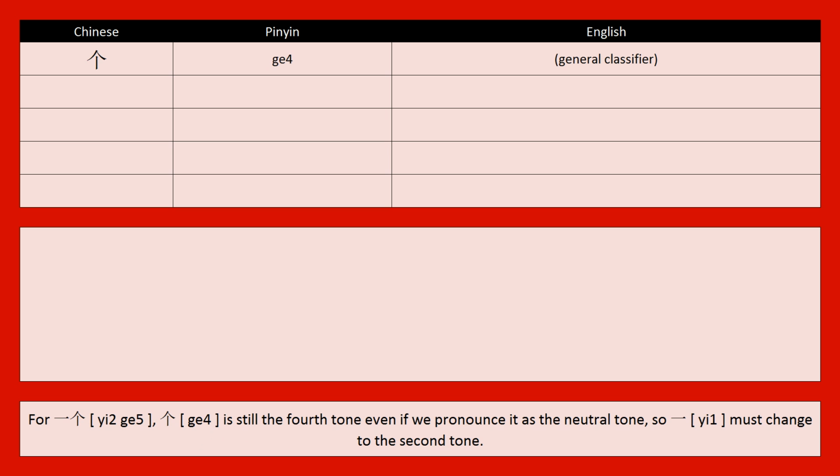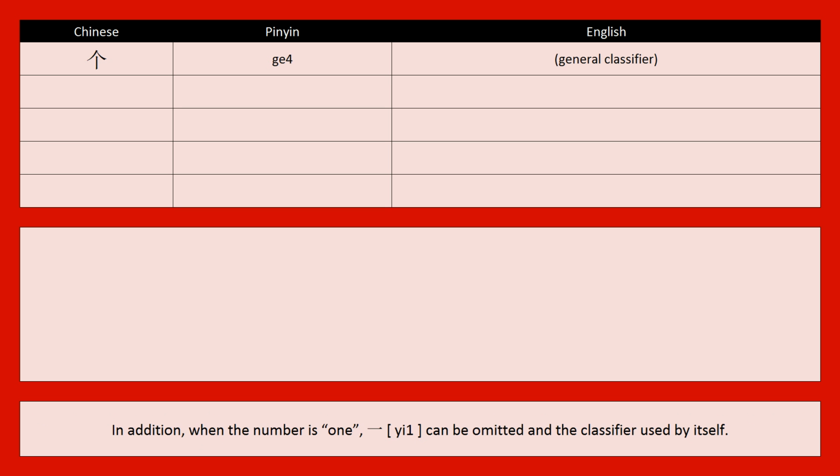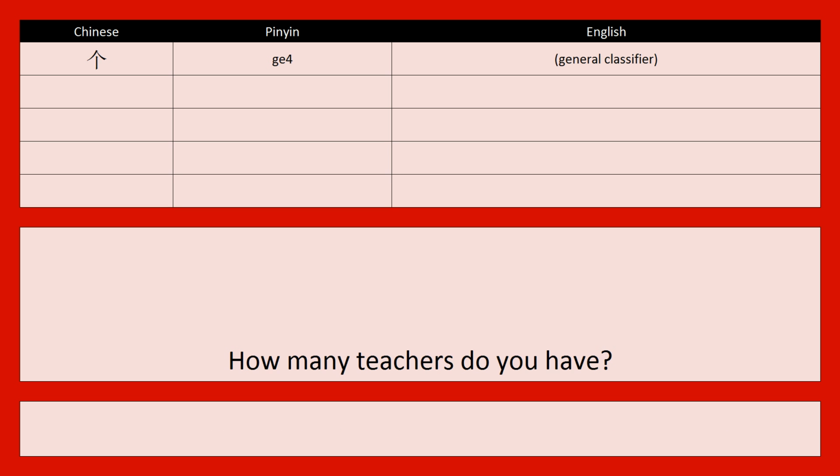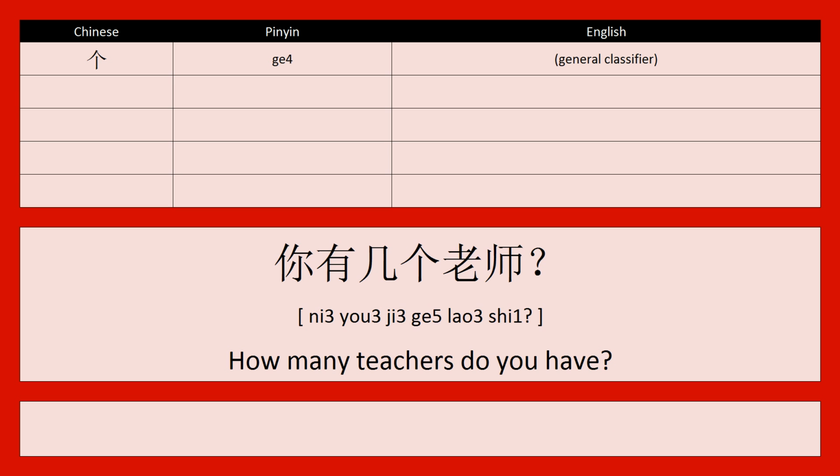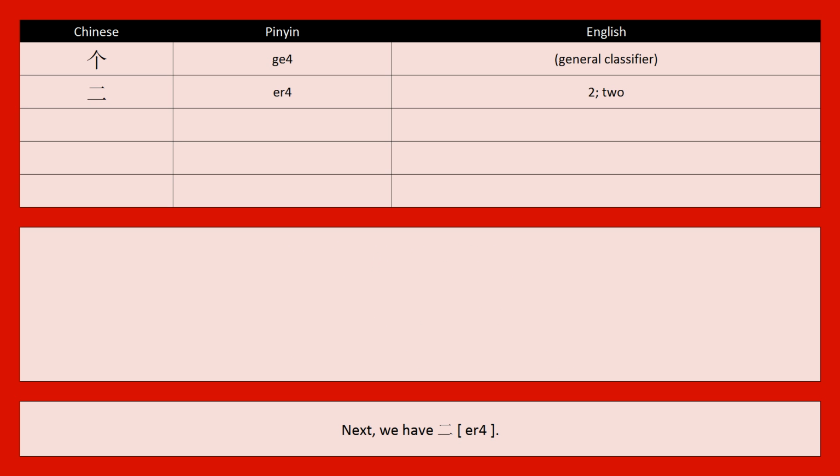And when followed by any other tone, it changes to a fourth tone. For 一个, 个 is still the fourth tone, even if we pronounce it as a neutral tone. So 一 must change to a second tone. In addition, when the number is 1, 一 can be omitted and the classifier used by itself. Our second translation. How many teachers do you have? 你有几个老师？